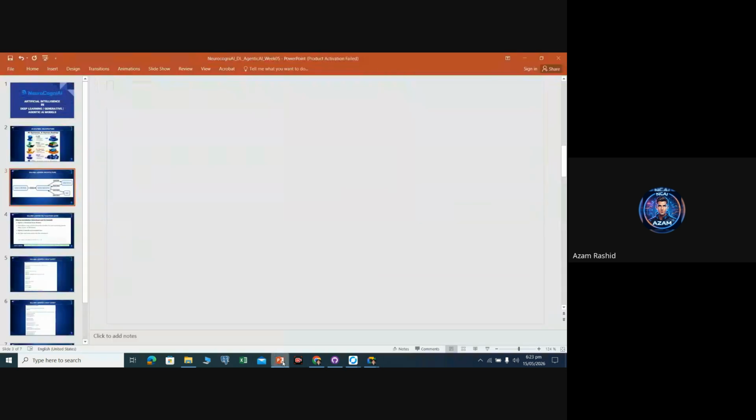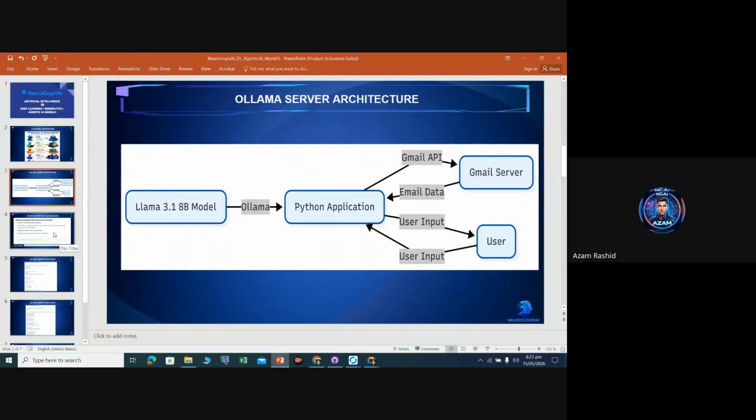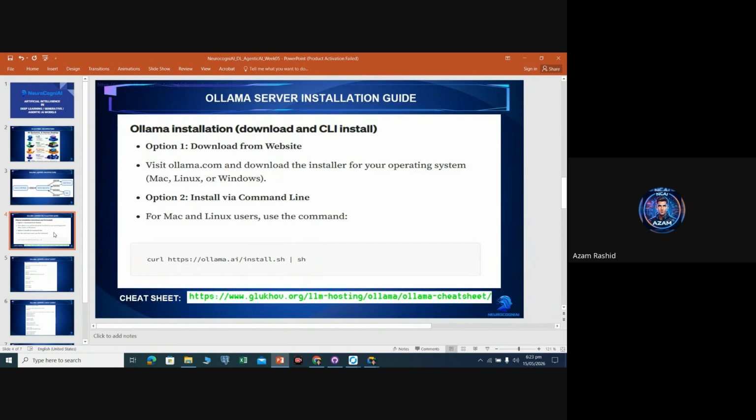Now I move forward. First of all, the question is where you get Ollama and how you can download it. The best option is to use a Linux machine, because when we are dealing with AI, especially LLMs,